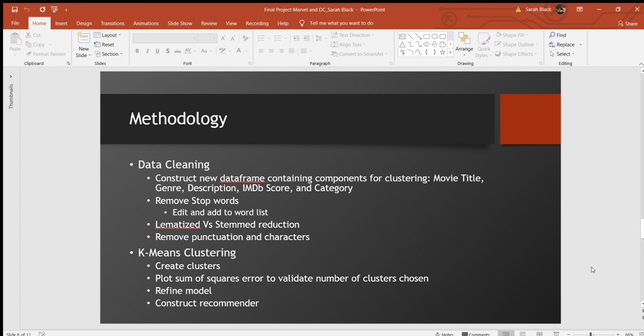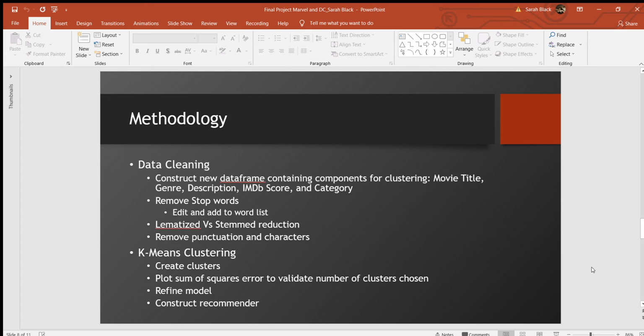And then we did a lemmatized and stemmed reduction. I did choose to go with the lemmatized cleaning process instead of the stemmed words, and that was very apparent when you compare the two together. Our stemmed reduction ended up giving us a lot of half words and really text that made no sense.